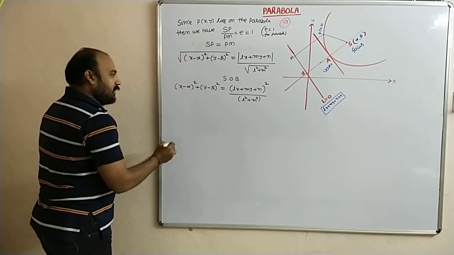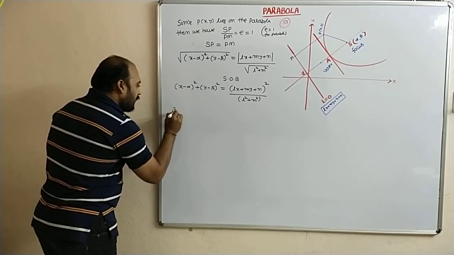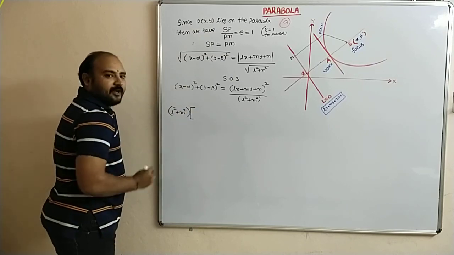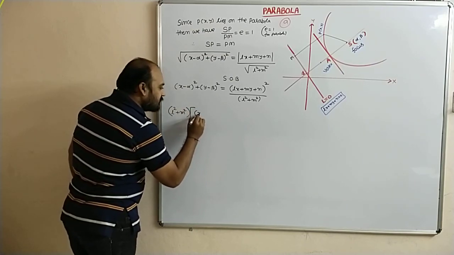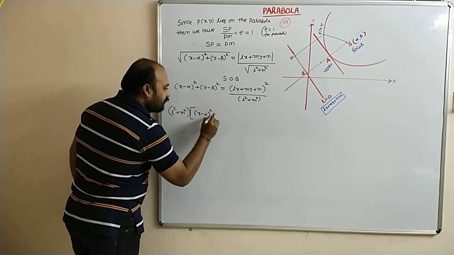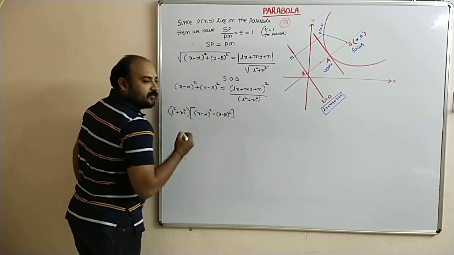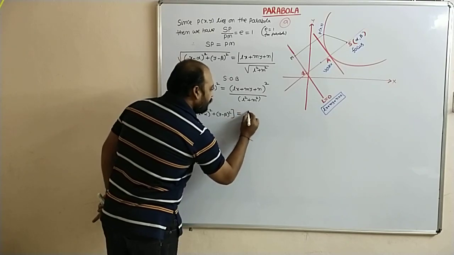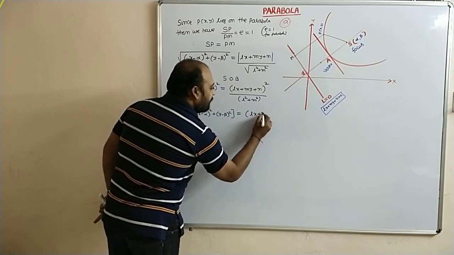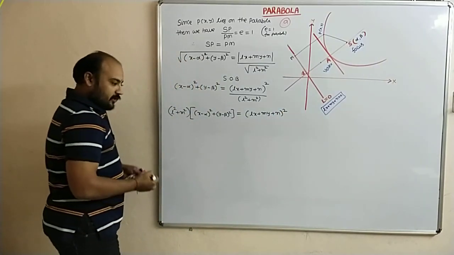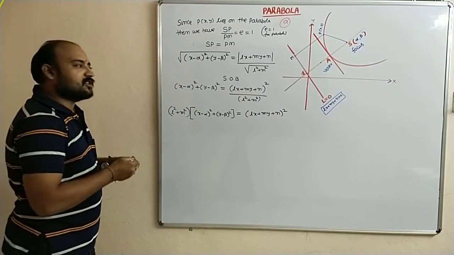Now cross multiply, it becomes L square plus m square times bracket x minus alpha whole square plus y minus beta whole square is equal to Lx plus My plus n whole square,